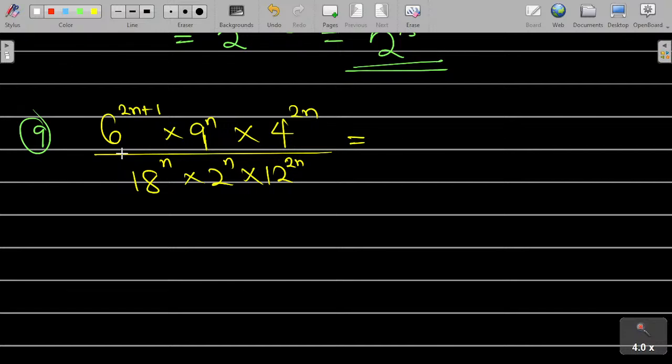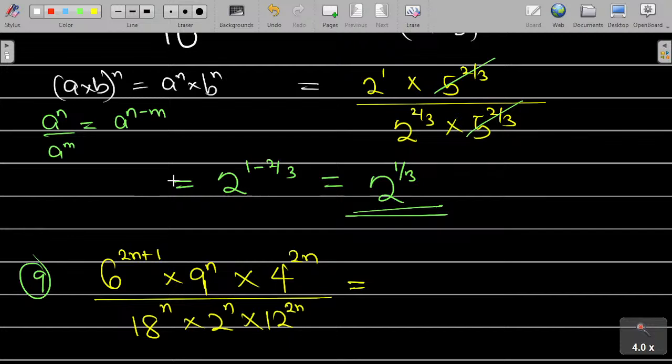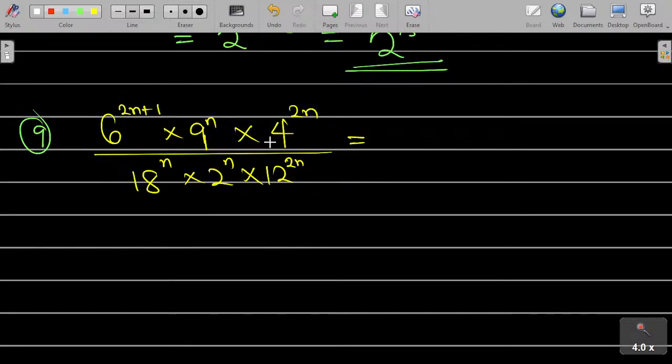All right, so what do you do here? Let's look at it together. I cannot write 6 to any smaller base, but I can split it into 2 times 3, just like I did 5 times 2 here. But I can write this other 2 in smaller bases. So let's do that. I'll write this as 2 times 3 raised to the power of 2n plus 1, then multiply by, you can use dots to signify multiplication,